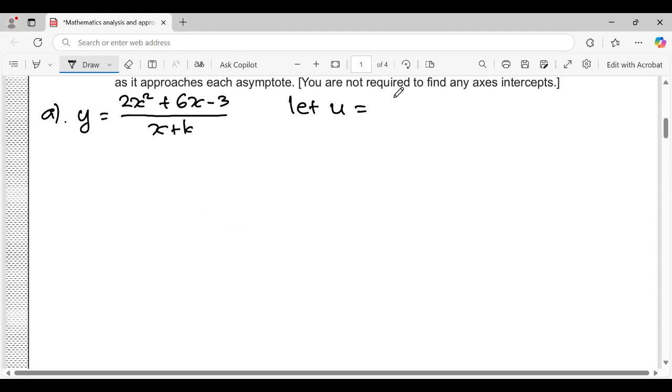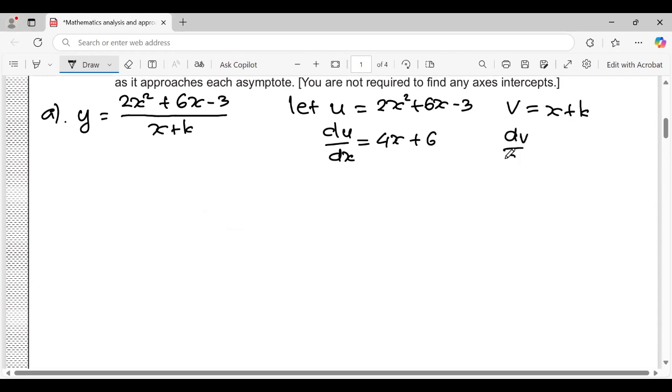Let u equal 2x squared plus 6x minus 3. So du/dx equal 4x plus 6, and v equal x plus k. So dv/dx equal 1. So dy/dx